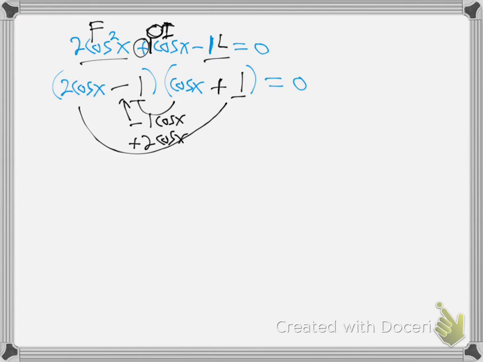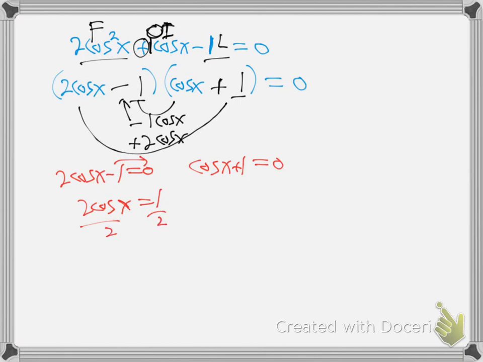I better move on with this problem. 2 cosine minus 1 is 0. Cosine plus 1 is 0. Jump it over. 2 cosine is 1. Divide by 2. Here, move it over. Where's cosine? So go find, where's cosine of a half? That's pi over 3, and